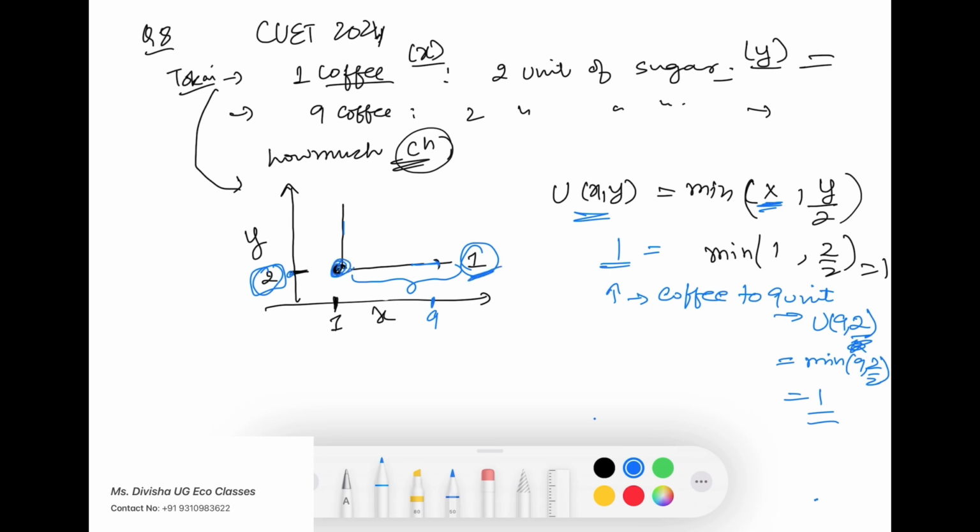unit of coffee rather than 9 unit of cup of coffee, and so the solution to this will be 1 cup of coffee only, 1 unit of coffee, because eventually he will only get utility level of 1 with the 2 unit of sugar, right? So it's a tricky question where you just have to interpret the language of the question well, and you have to understand that it's a perfect complementary case